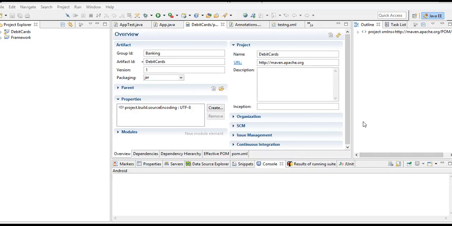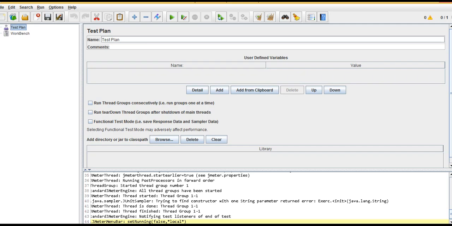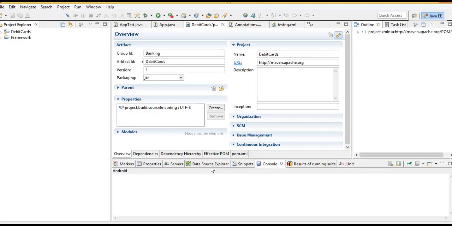Right. So in this lecture, we'll see how we can put load on Selenium test cases. With Selenium, you can write functional automation test cases. So let's see how we can put load on the test cases which are written in Selenium. Till now we have used JMeter at the API level, just recording, playback, and request and response. But let's see how we can actually put load on the Selenium test cases which are already written, by importing them into JMeter.